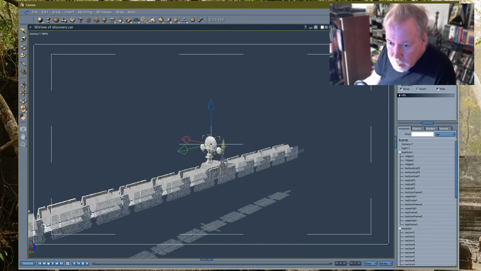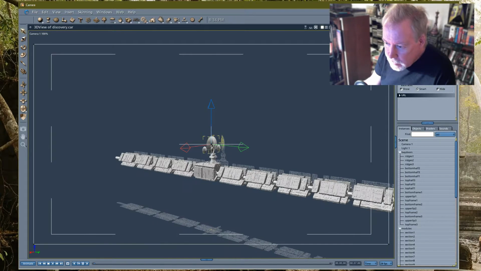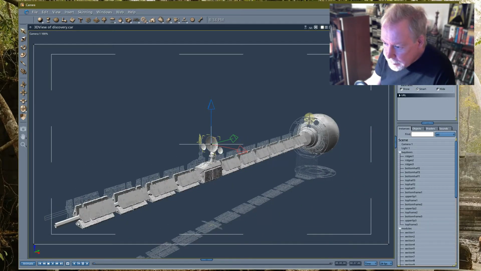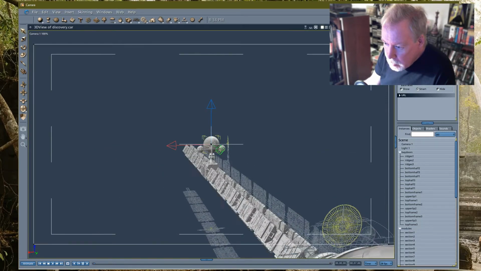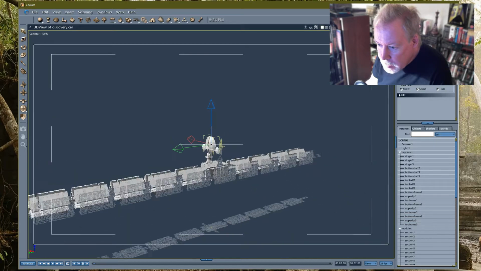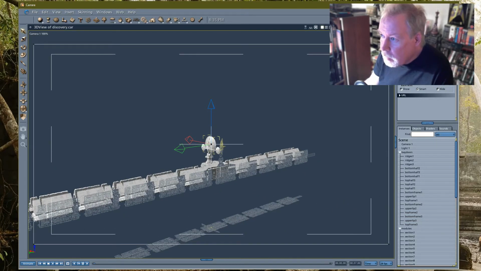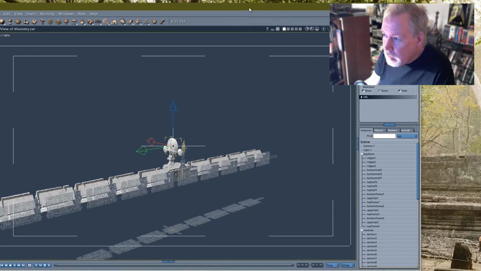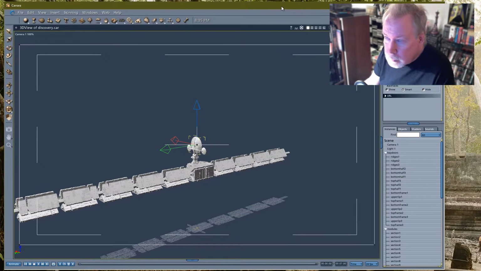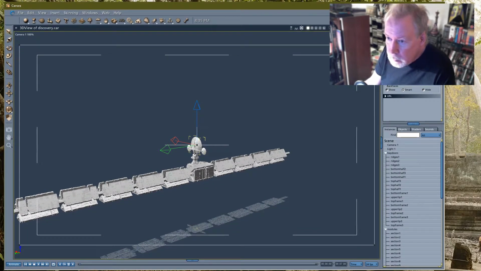So this is the Discovery model I've had forever, for like 6 years. I haven't worked on this thing in 6 years. Well, that's all going to change. I need to get rid of some stuff. Oh no, I can't see. I'm in the way. Get rid of that. Get rid of that. Okay. What else?